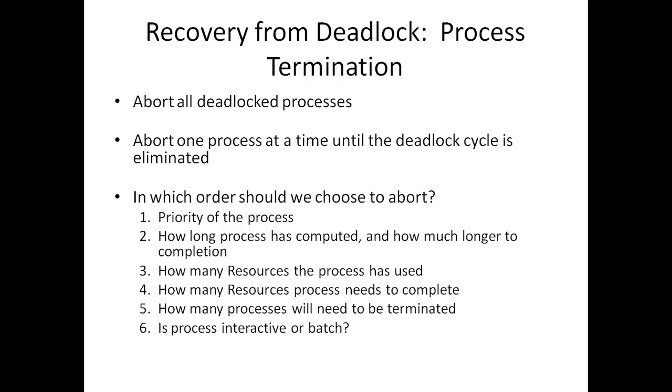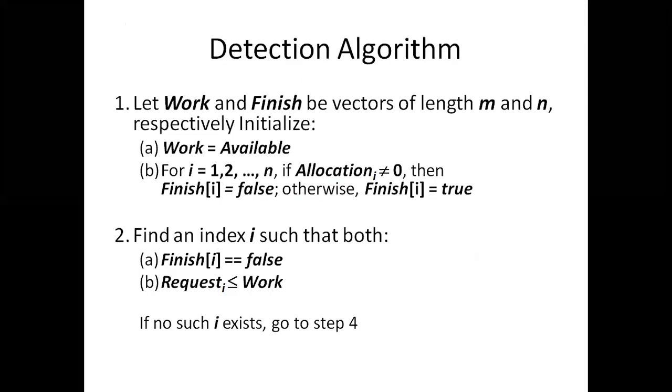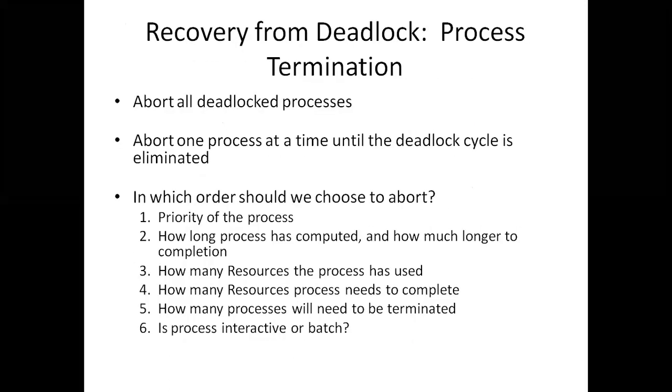Already I have shown you one wait-for graph, right? Here, follow the cursor. What is the reason for the deadlock? A cycle, right? So if you detect a deadlock, in order to recover from it, what you need to do is abort one process from the cycle. If we abort one process from the cycle, automatically there will be no cycle. If there is no cycle, automatically no deadlock. Which process you need to abort in order to remove the cycle in the graph? That is called recovery from the deadlock.